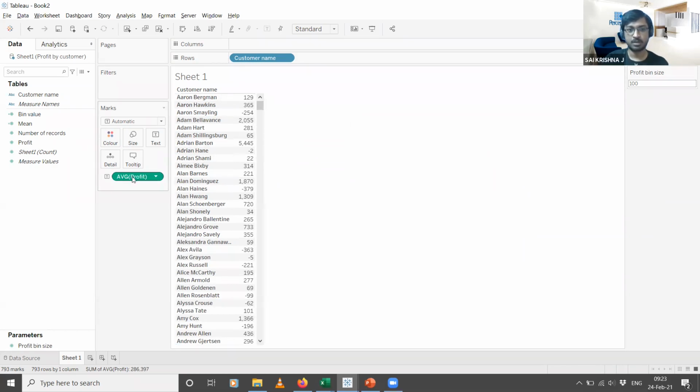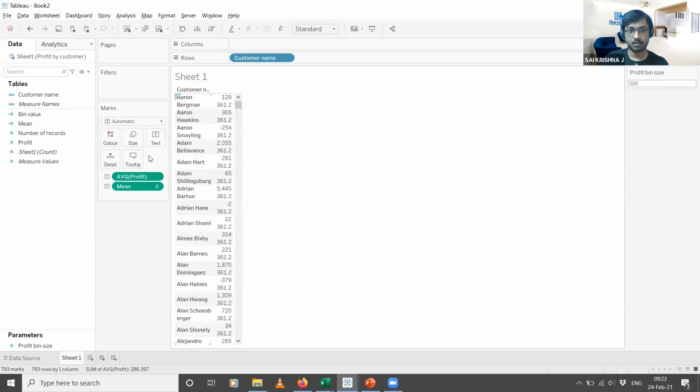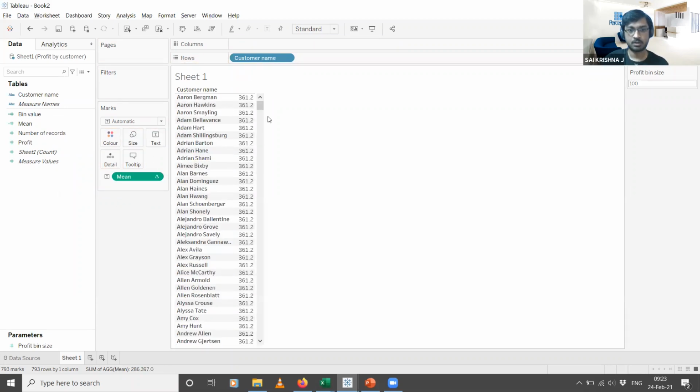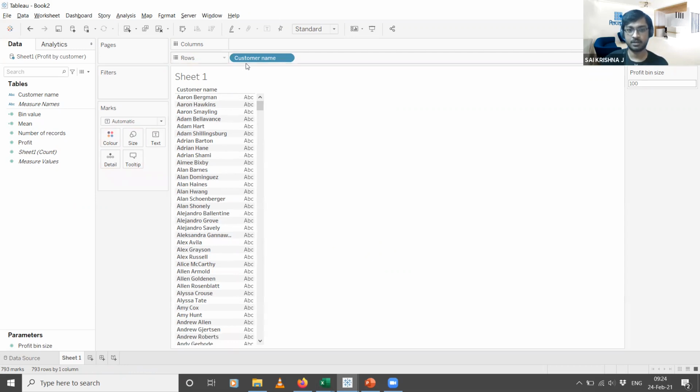But when I put the calculated field that we just created, the mean, over here, and remove the old one, you see every customer has only the same value against him or her. 361.2 is the only value that we have, which indicates that this value is the average for the entire data set. So this is one calculated field that we have to create.